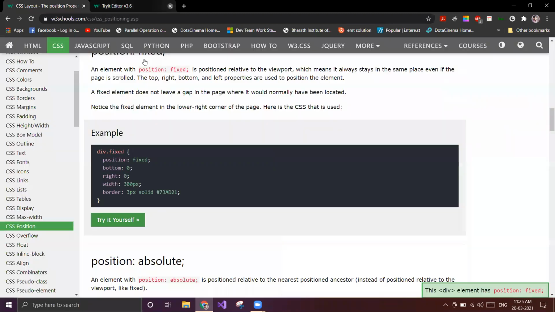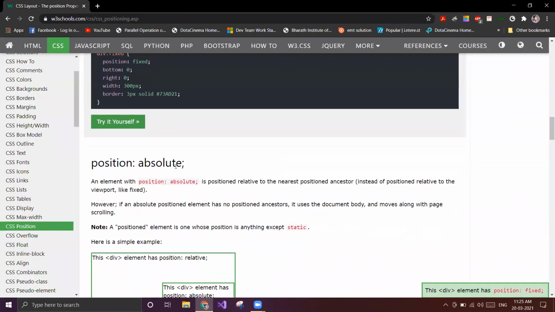Now the most important one, it is position absolute. So what happens in position absolute? First thing is, where can we use it? We can only use position absolute on an element if its parent element also has some position property except static.